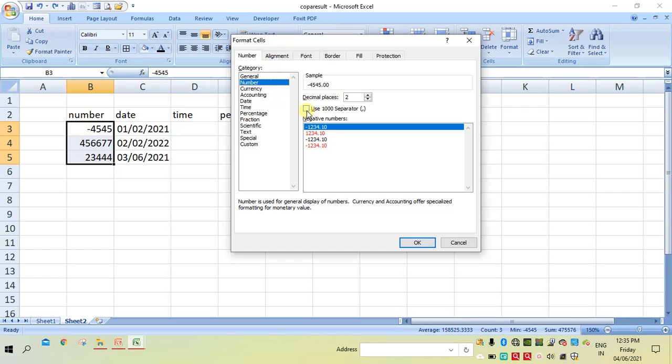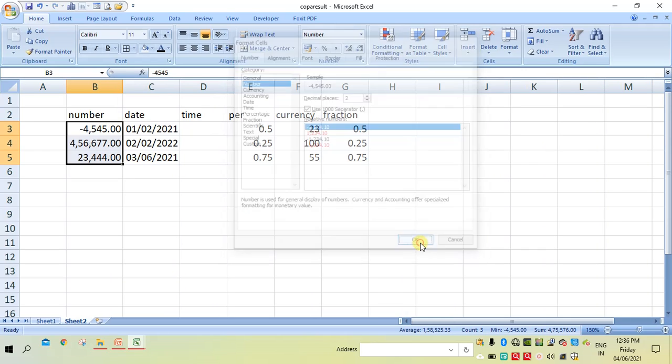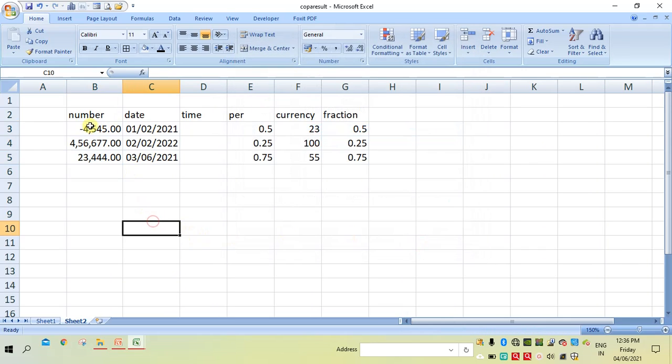For example, here the number separator, and if you want decimal places 2 or more, you can change and apply. So I will select 2, then apply this. Here you can see how the numbers are changed. The format of the numbers has been changed.